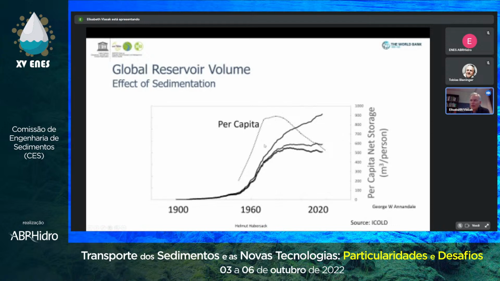So if you divide the volume per person, because of the sedimentation and because you get more people on this planet, we get less reservoir volume. Now, if we go for the existing volume, then we come back even to 1960 or something. So this is really a dramatic development, we think. So we get less volume, and if we calculate it per person on this planet, it gets even worse.